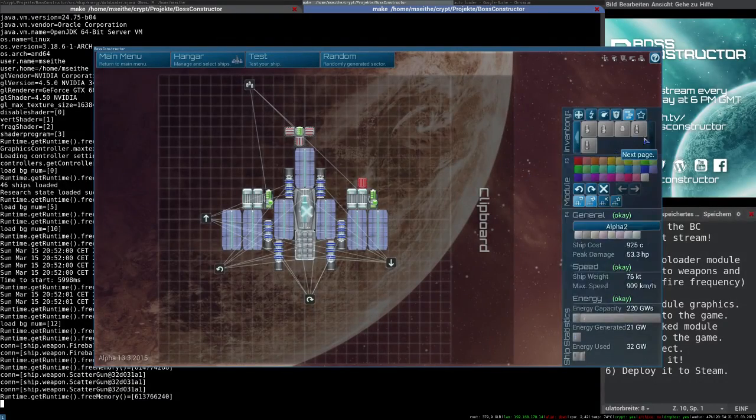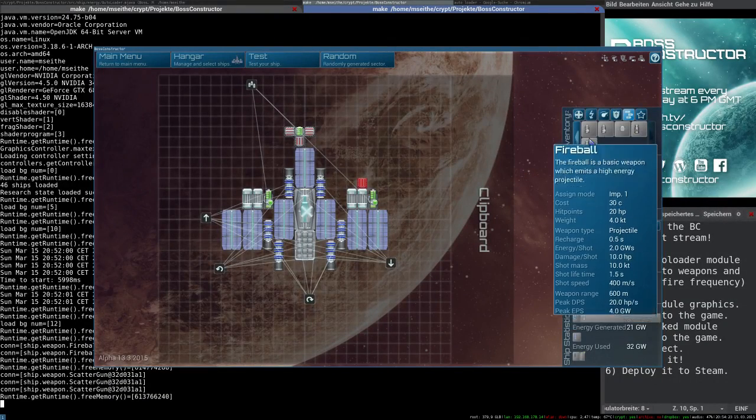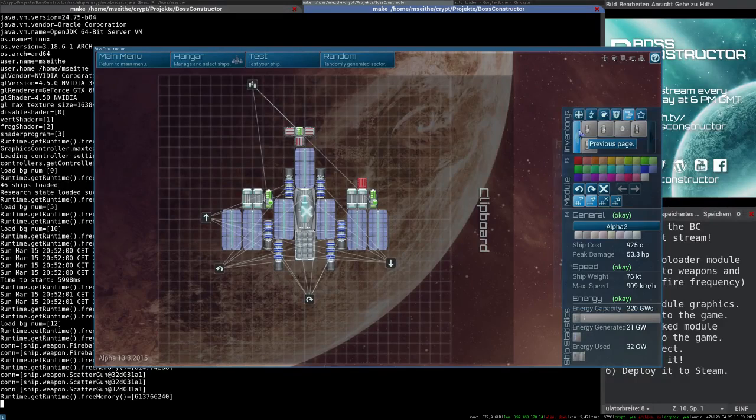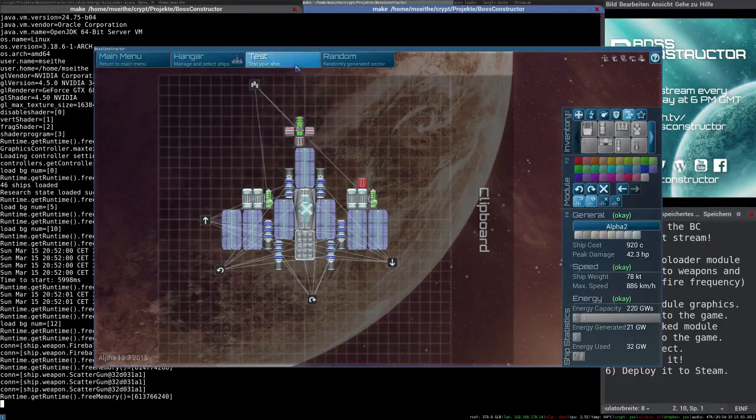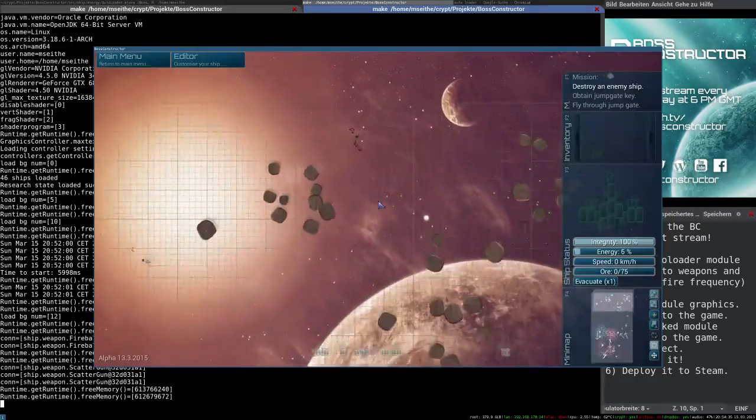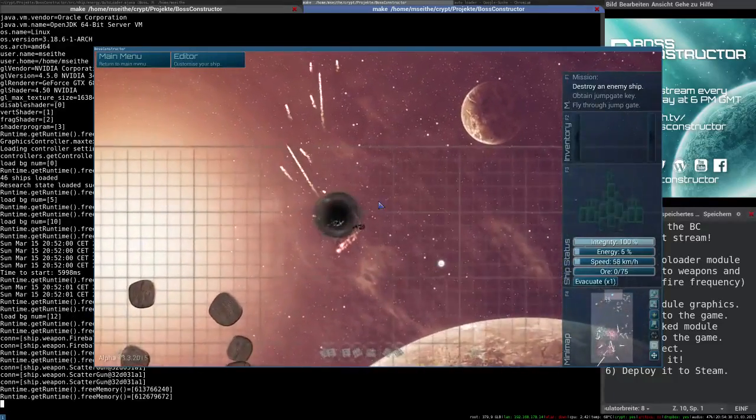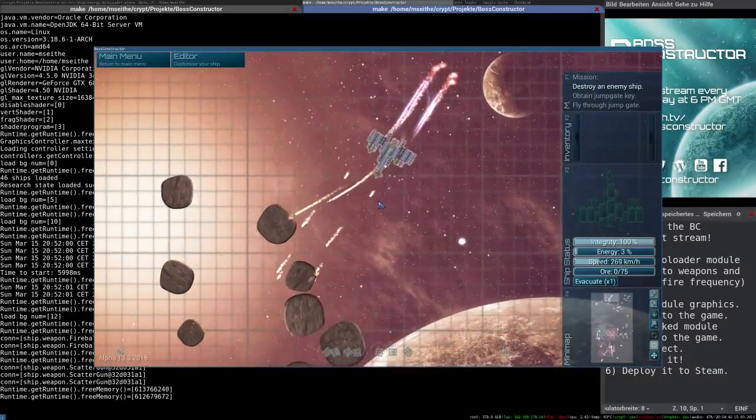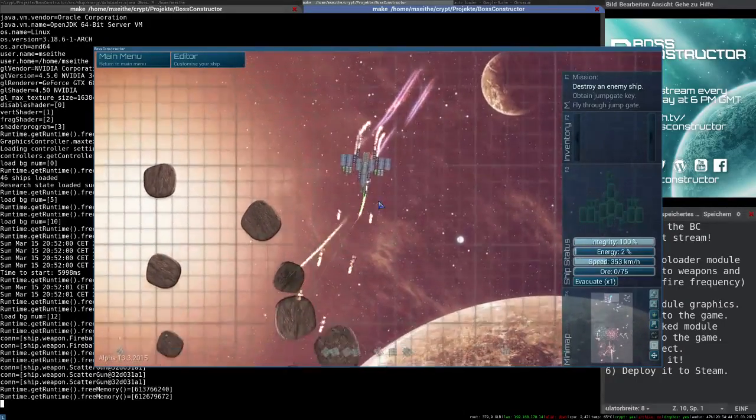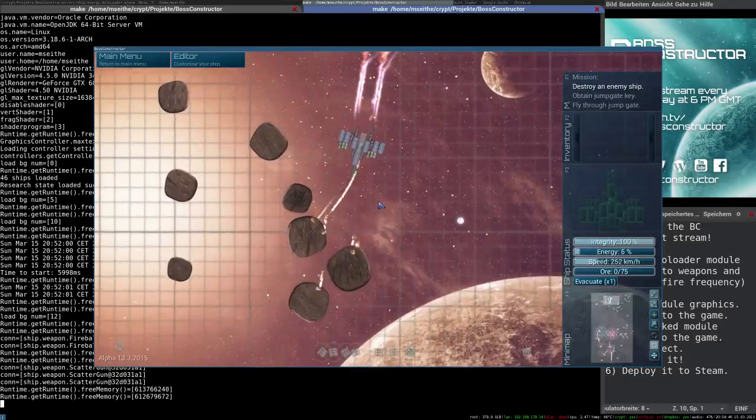And finally, missile launcher. I wonder why I have these modules twice. Seems sort of redundant. I guess I know why. Okay, doesn't make too much of a difference for the